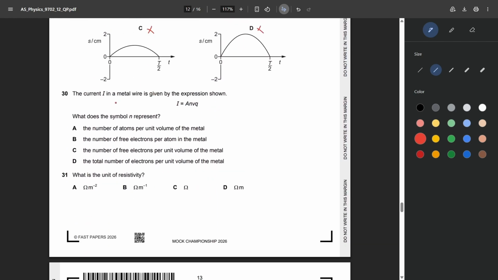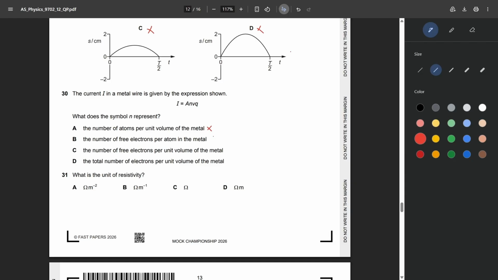The current I in a metal wire is given by the expression I is equal to ANVQ. What does the symbol N represent? N is the number density of free electrons. So let's check the options. The number of atoms per unit volume. Okay, it's not the number of atoms. The number of free electrons per atom in the metal. Per atom? Nope, it's not the number of free electrons per atom,